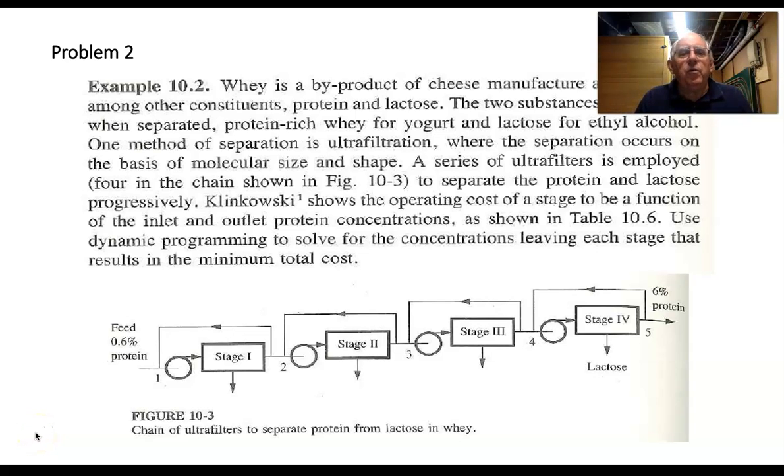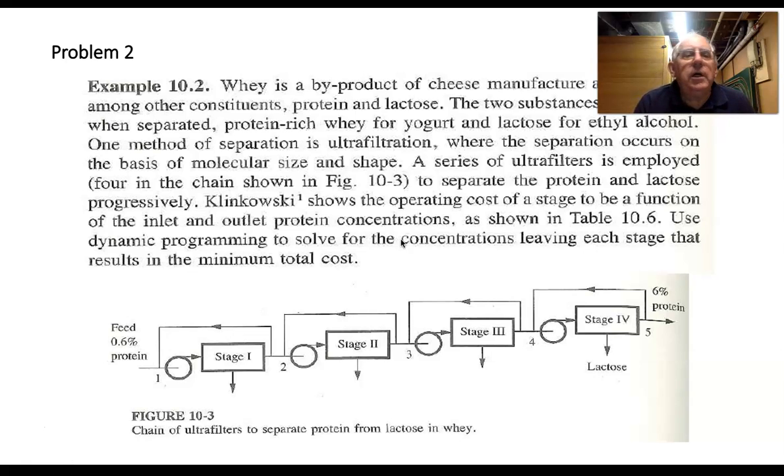Okay, in this video then we're going to take a look at another example of using dynamic programming to come up with an optimum scheme for going from one condition to another condition. In this particular problem, we are generating, as a byproduct of cheese manufacturing, whey, and it contains, among other constituents,